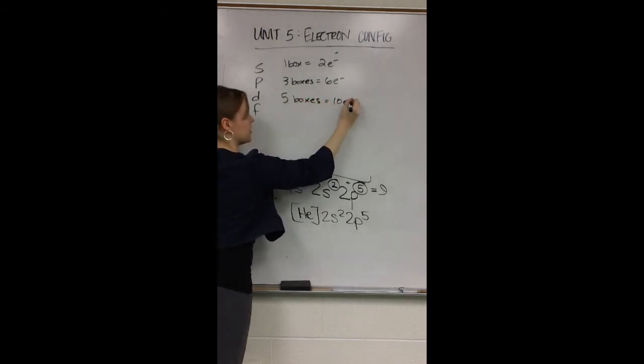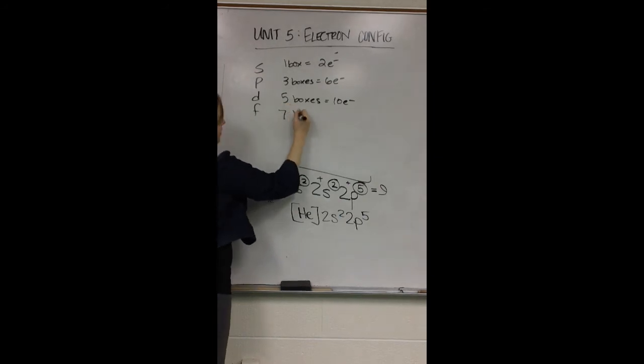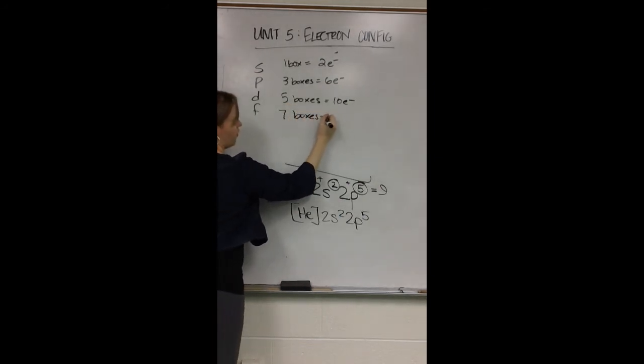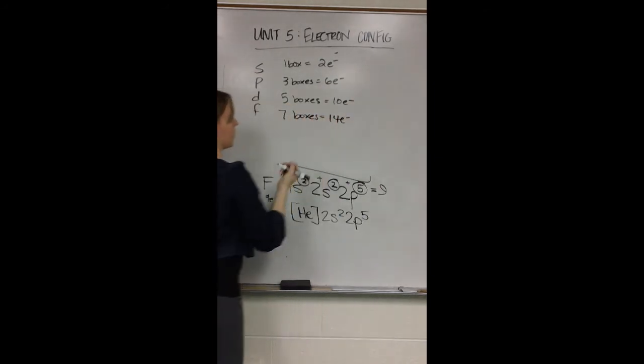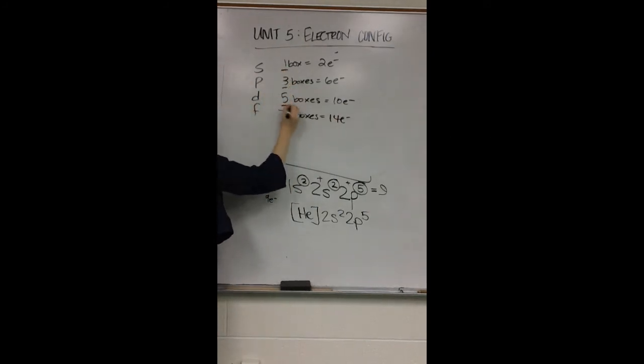10 electrons. And if you look at the periodic table, D block has 10 elements across. F is 7 boxes, 14 electrons, and same thing with the periodic table. If you look, 1, 3, 5, 7, it counts up from the odd numbers. So if I were to draw the orbital box notation for, say, oxygen,